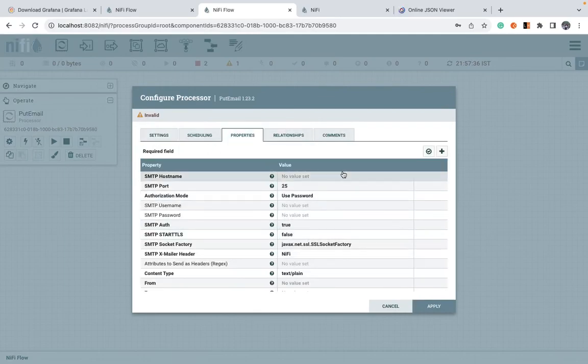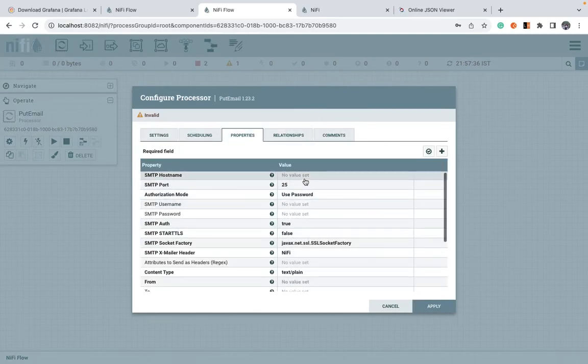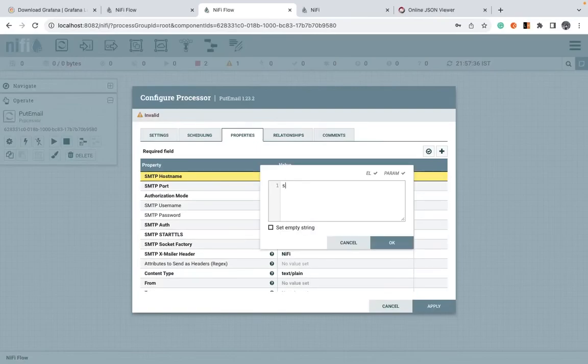So for SMTP, what you can do is you can use an app password from Gmail. Just generate an app password for whatever Gmail ID you want to configure here, and for Gmail you can use smtp.gmail.com,